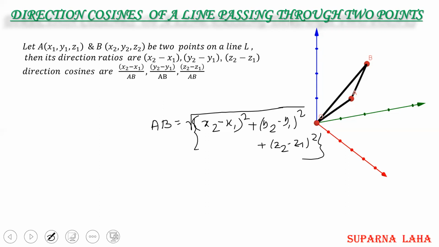So in the next class, we will solve some problems using this direction ratio and the direction cosine of a line. Okay, so till then, understand the theories and remember the formulas: direction cosine, direction angle, direction ratio.